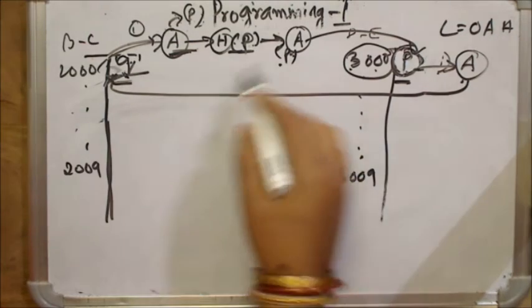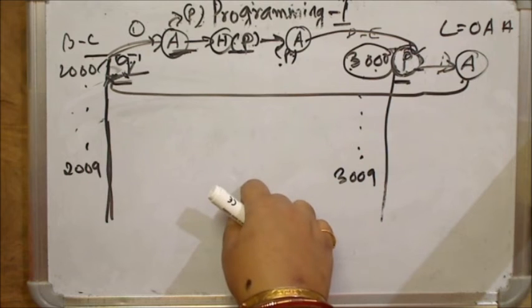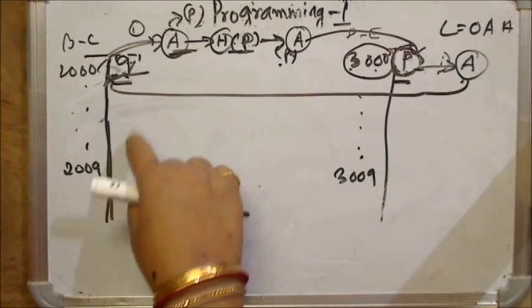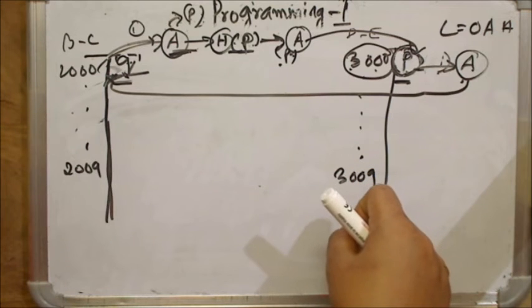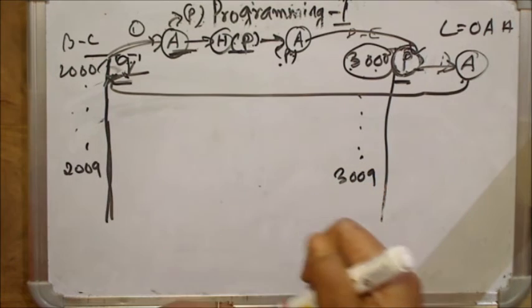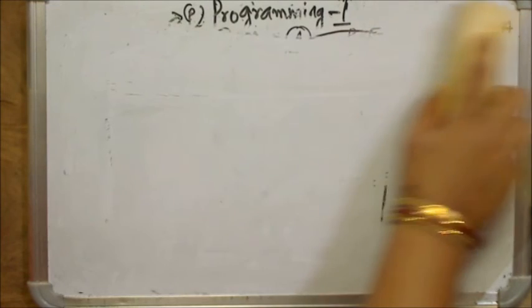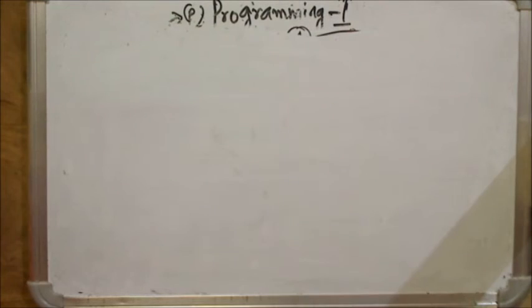So put these steps in a loop and end the program. Increment the BC pair and DE pair and decrement the count. So let's do it all together. You do it in your copy, I do it here. I have told the algorithm, so let's do it together. Okay, you do it in your copy.